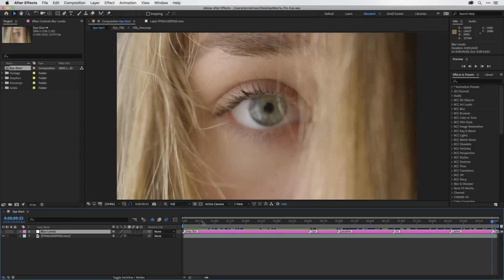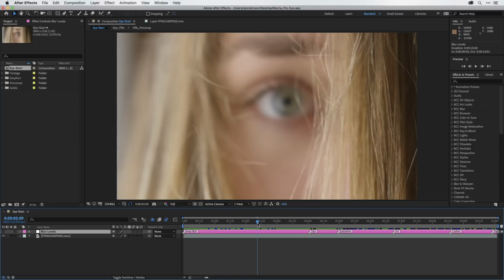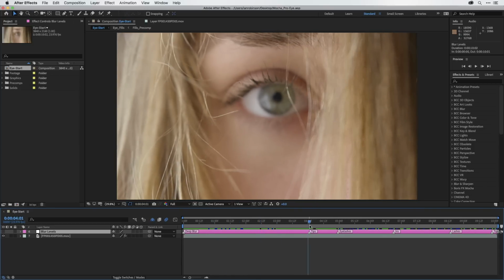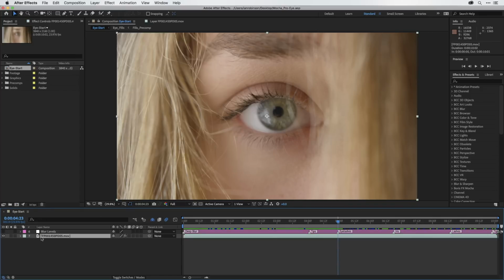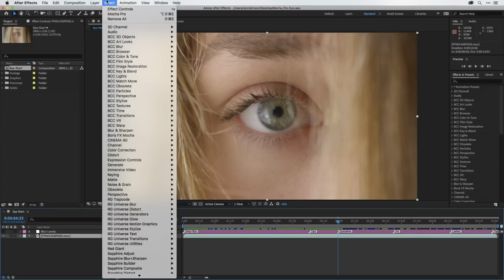So with all of these elements marked out, what I'm really going to do is scrub through and decide where I want to start my track. And I want to start it right where the eyelashes are in focus. So I'll go ahead and move my current time indicator to the eyelashes marker here in the middle of the comp at frame 423. Then I'll select my video layer, go up under Effect, go down to Boris Effects Mocha,